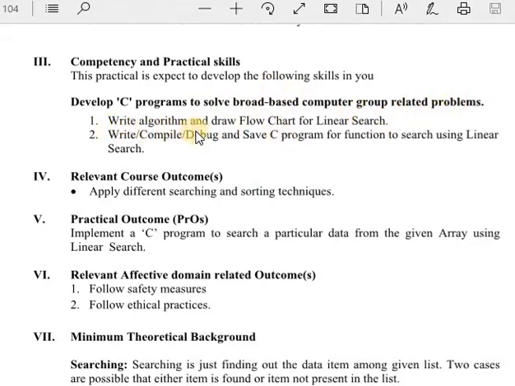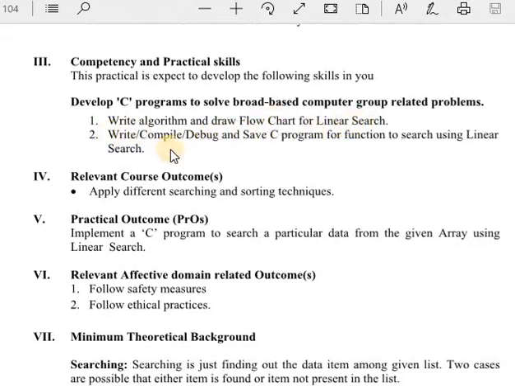In that, write an algorithm and draw a flowchart for linear search. Write, compile, debug and save a C program for functions to search using linear search. These are the practical skills expected from you.